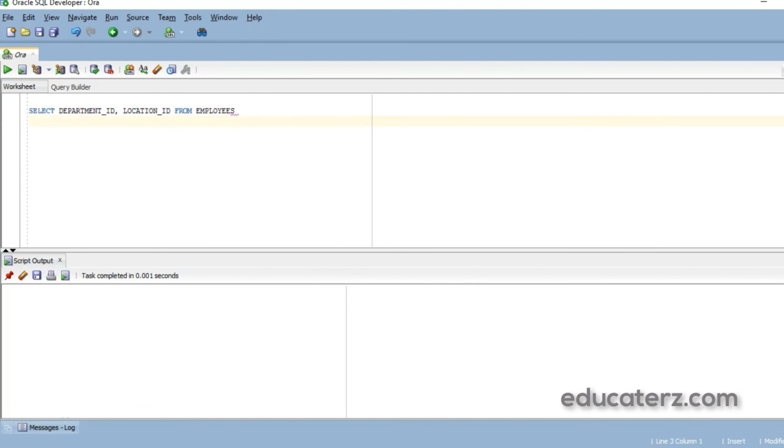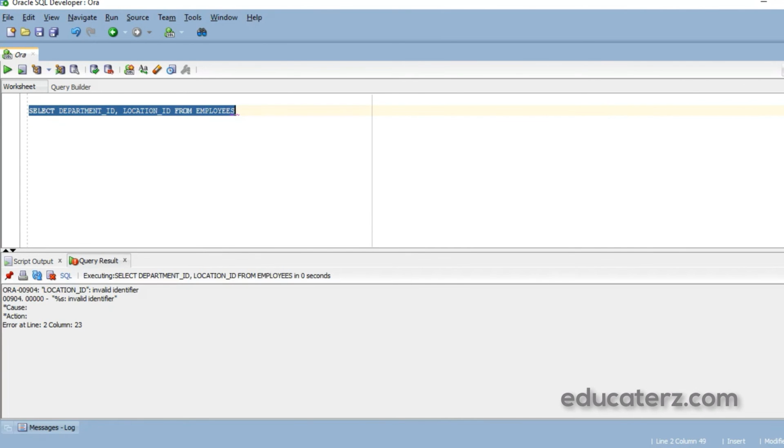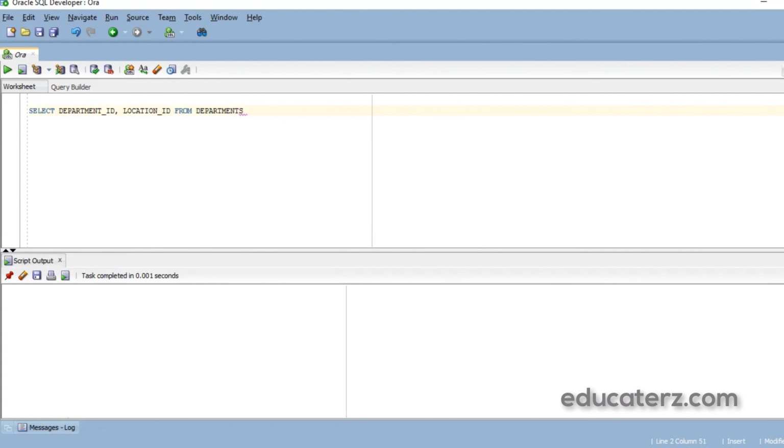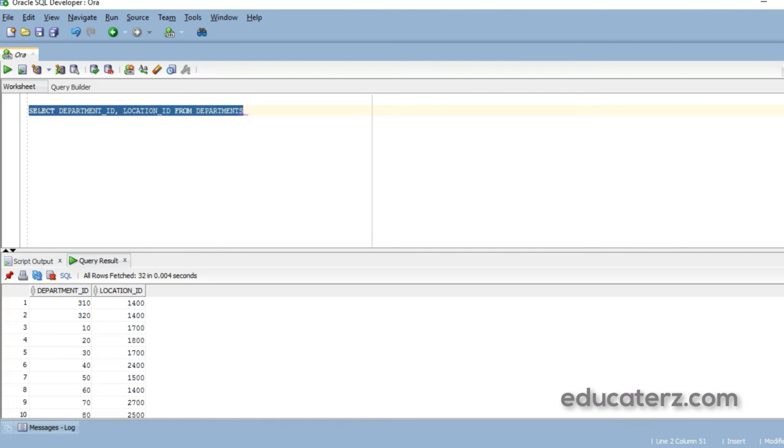You can write in a single line. You execute this and you will get the result. The same query can be written in one line, or you can write it in multiple lines.